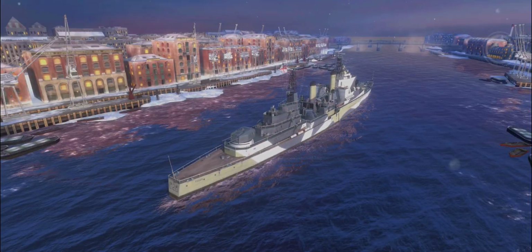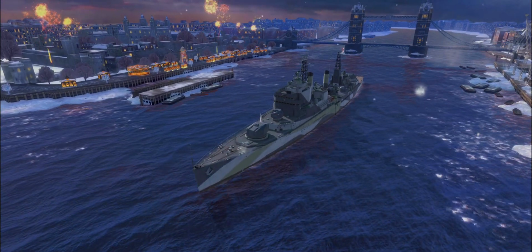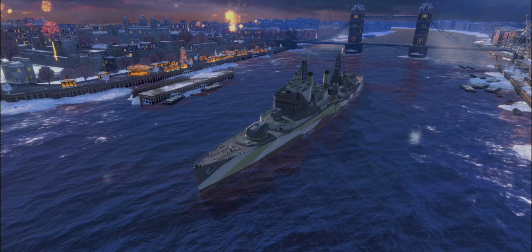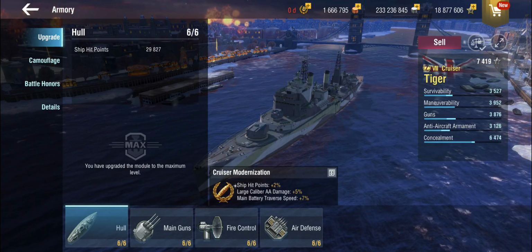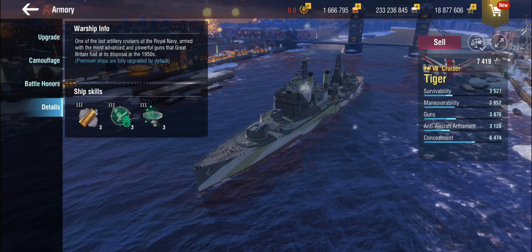Of course, something that is called that by an actual admiral of the Royal Navy had to make its way into World of Warships, didn't it? But for a 1950s design, she mercifully has been dropped down into Tier 8. So what is this thing then? Let's have a first look at the ship skills,